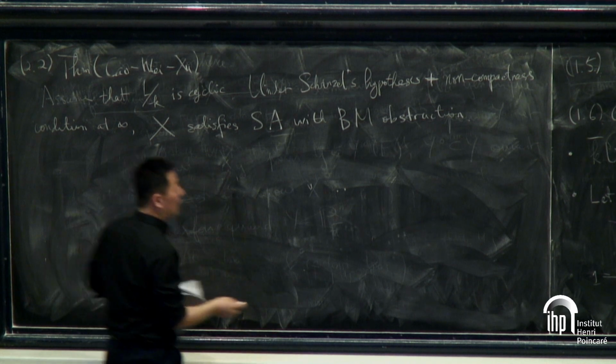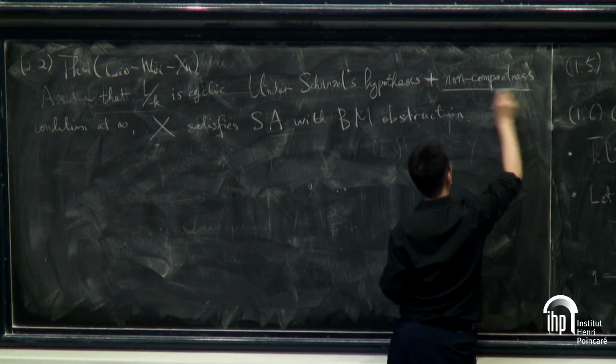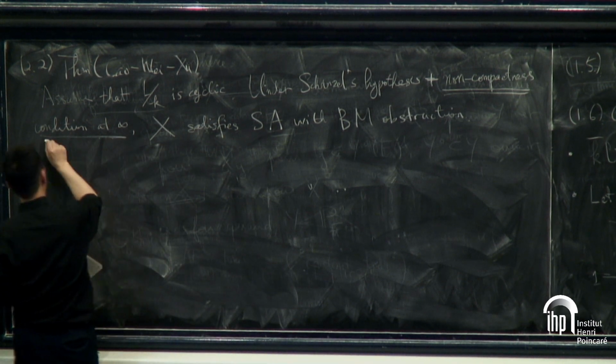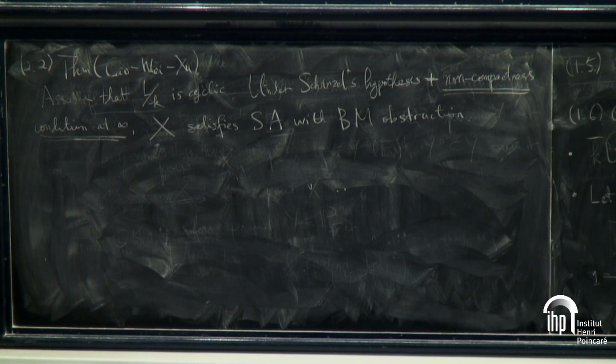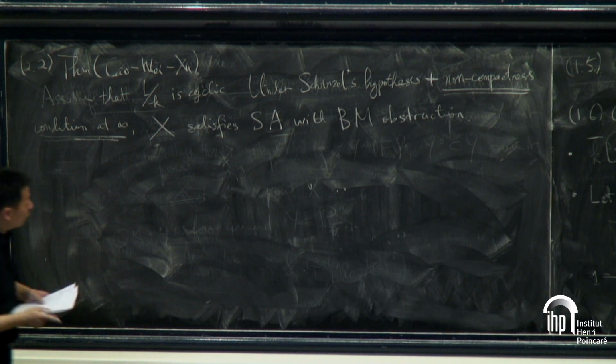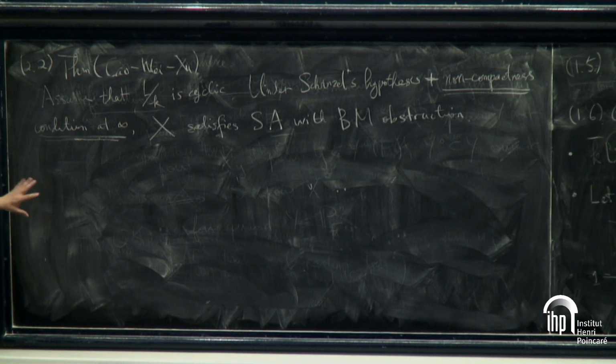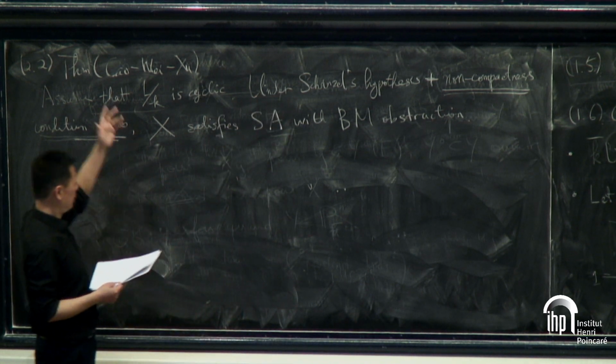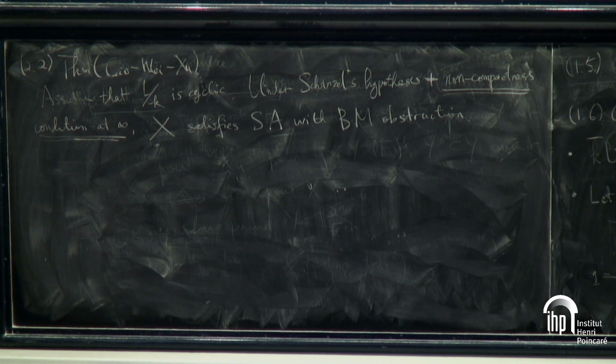Well, because this non-compactness constraint is purely local conditions, which can be made explicit but are very complicated, I don't want to repeat it. If I have time, I will repeat; if I have no time, I just avoid this. But anyway, this can be decided very concretely. But when you have the Schinzel hypothesis, then this X, the variety I defined at the beginning, will satisfy strong approximation with Brauer-Manin obstruction.